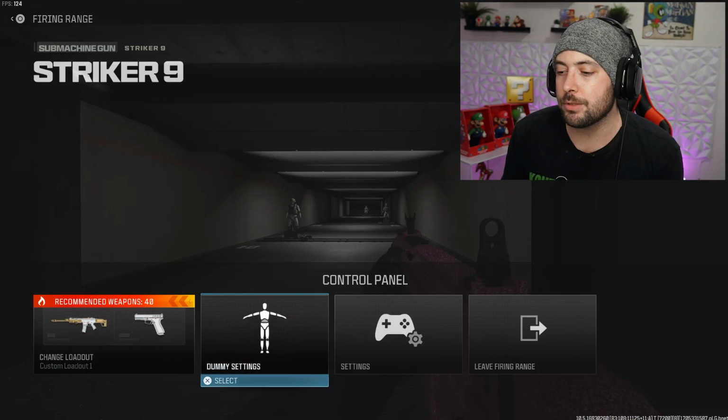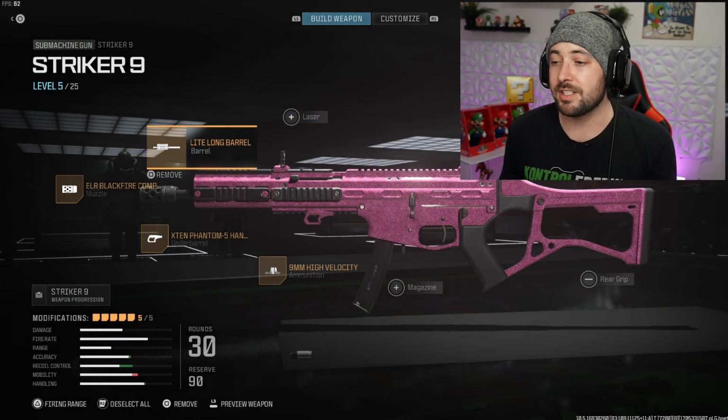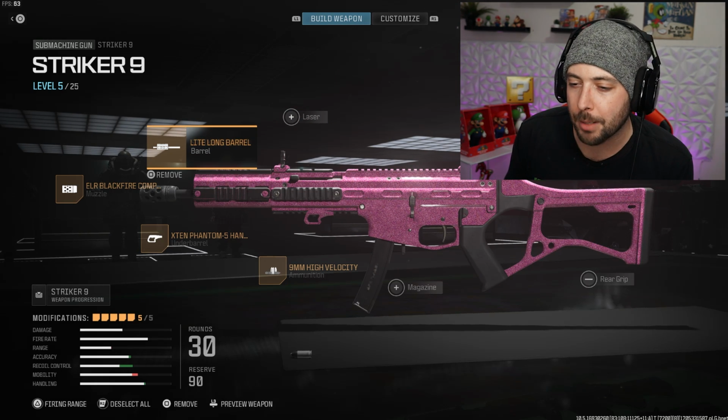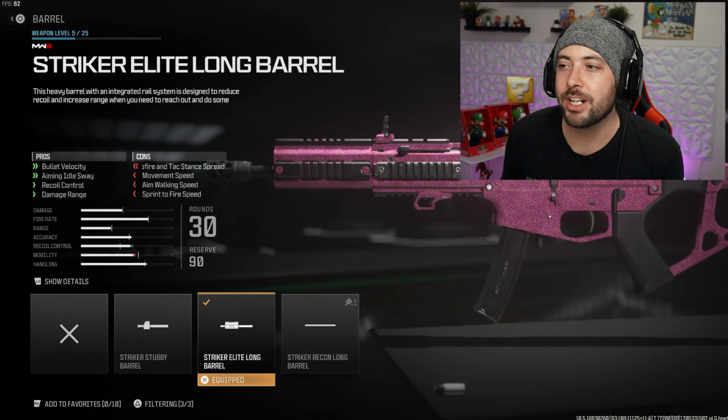So I think the average player is not going to use the Striker 9 as much, but overall, if you're skilled with it and you could do really good with it, it's a smart gun to use. Now, I don't think it's going to be the most popular. I think the Rival 9 is going to be that, but anyways, this one we got the Striker Elite Long Barrel Stock,